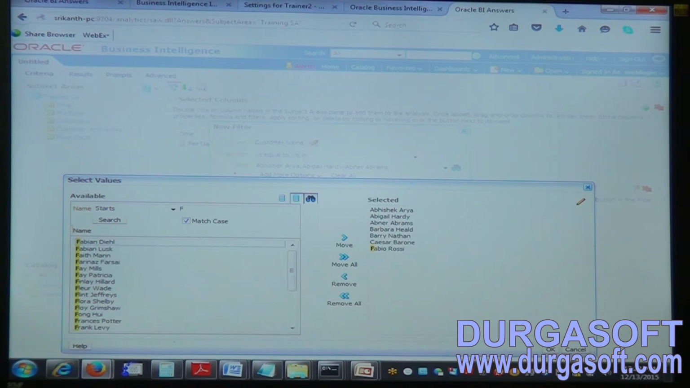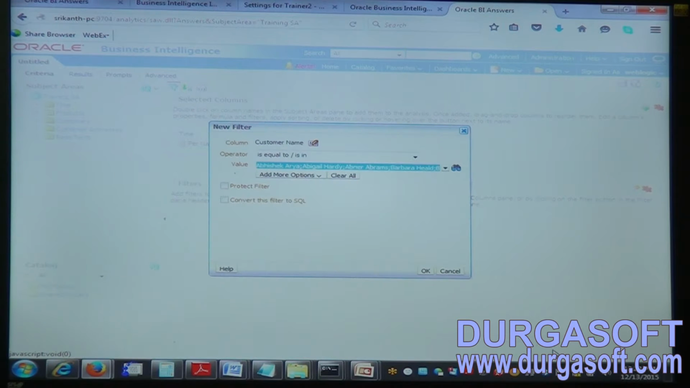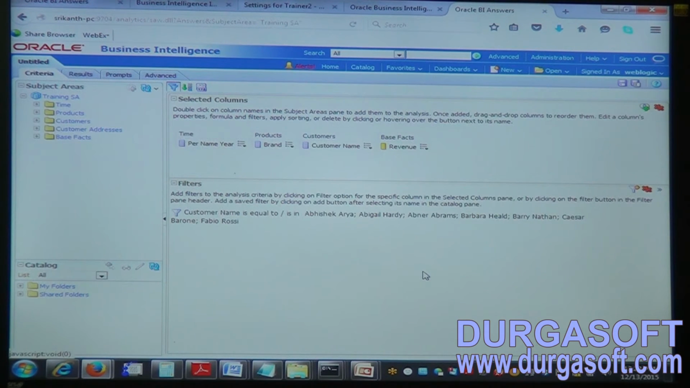If I click OK, these customers were selected. So once I click OK, these customers will be added here in the filters. Okay, now we want to see the results. On the top left side corner we can see beside the criteria, results tab. Once we click on results tab,